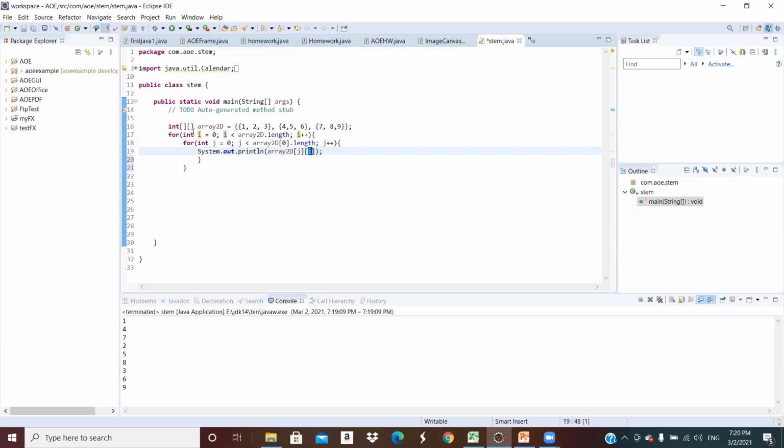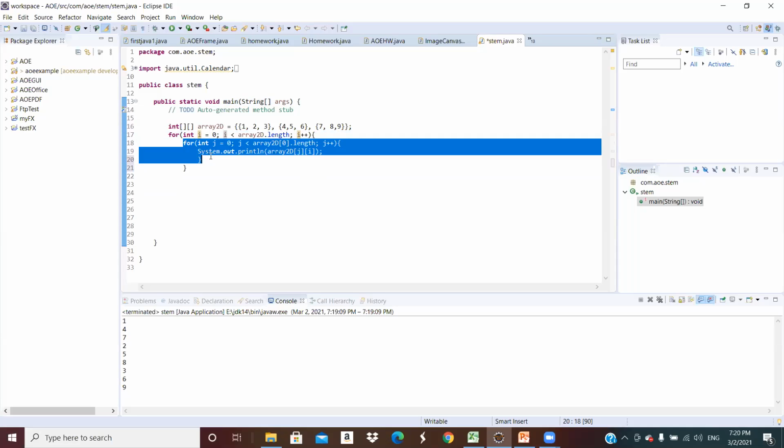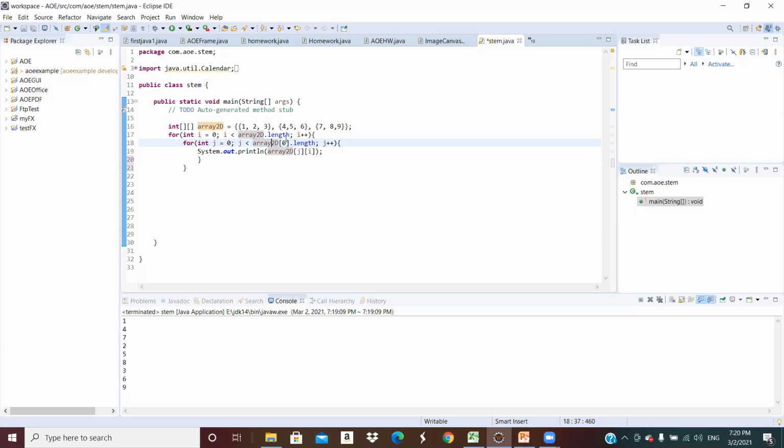So it maintains here, in that loop, it maintains. So that's what it looks like. But when you use length for an array,